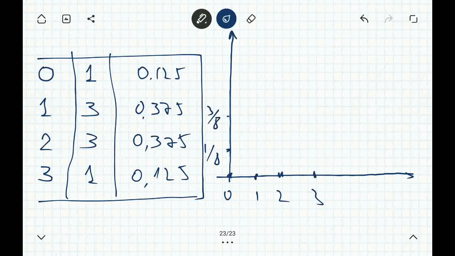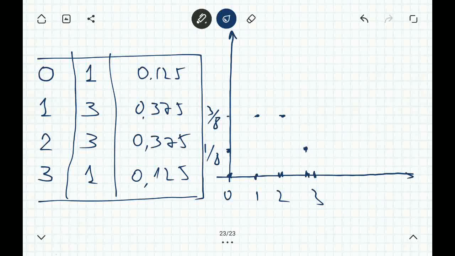So I have 1/8 for 0, I have 3/8 for 1, the same for 2, and again 1/8 for, yeah, I misplaced my 3, it should be here, for 3. So this here is my